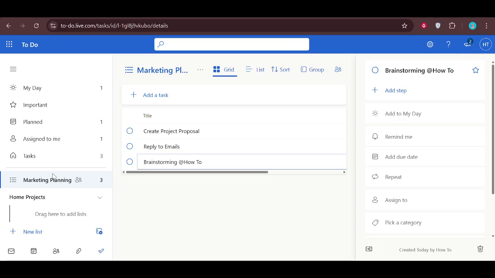This shortcut is perfect for quick planning sessions or when you're capturing tasks on the fly and don't want to break your flow by clicking around. Just remember, this works best when the person is already a member of the shared list or group where you're adding the task. So to recap, you can assign tasks in Microsoft To Do by using the detail panel and selecting Assign To, or by typing the @ symbol followed by the person's name directly in the task title. Use whichever method fits your workflow best, and you'll keep your team's responsibilities clear and